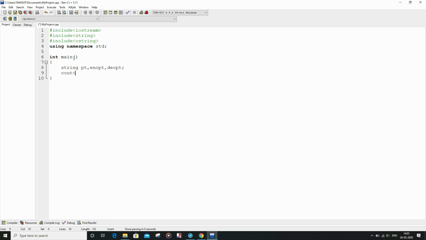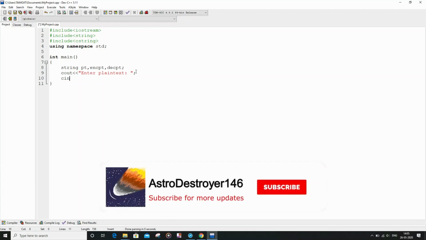And now I am going to print the message enter plaintext. And I am going to take the input in plain text.